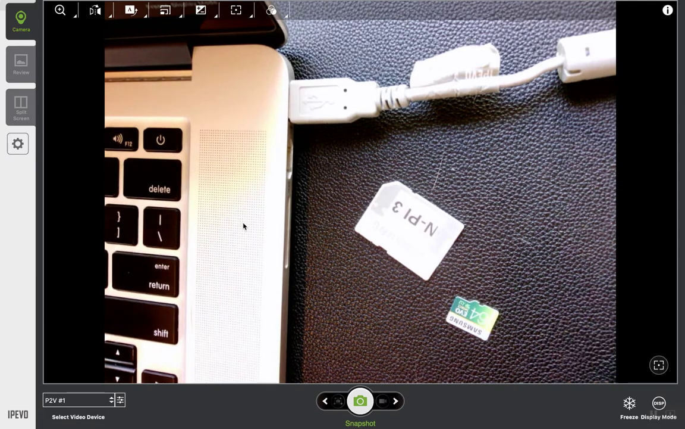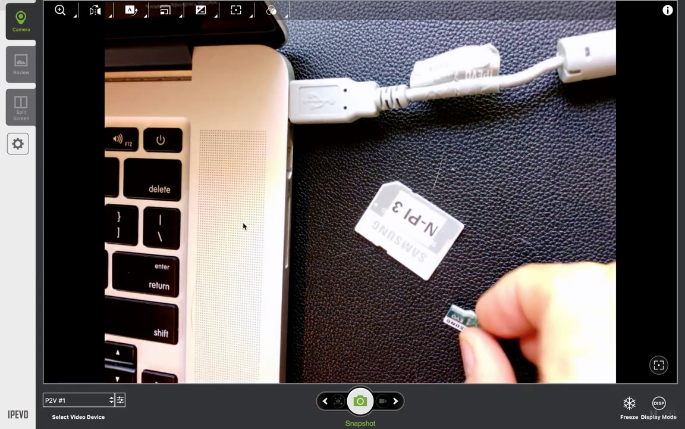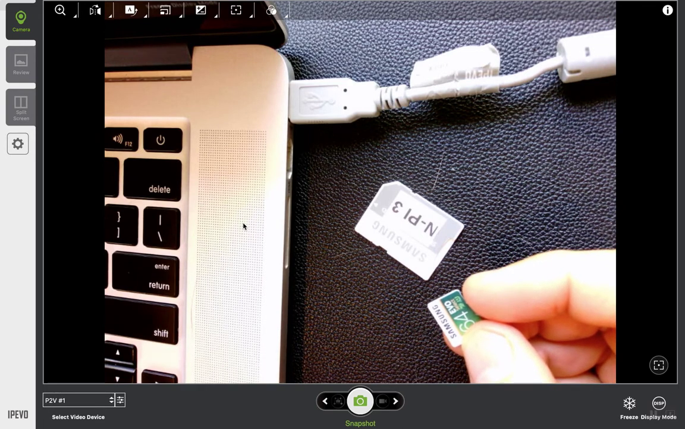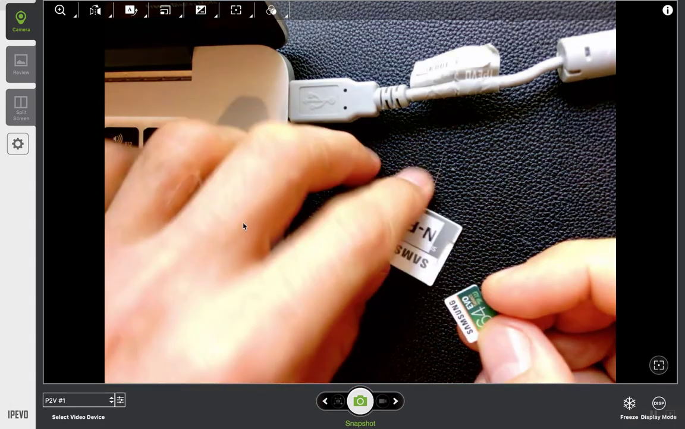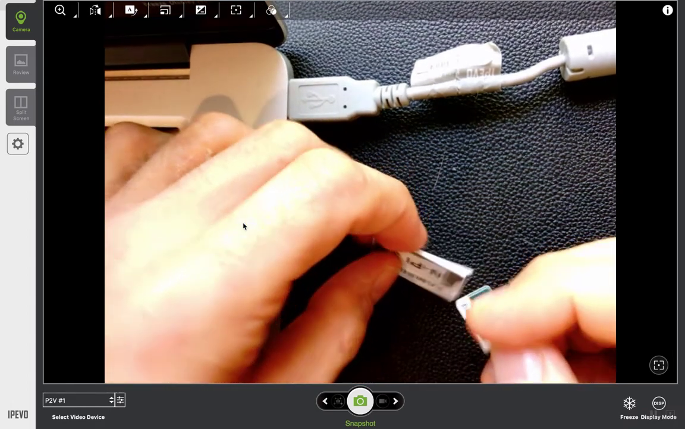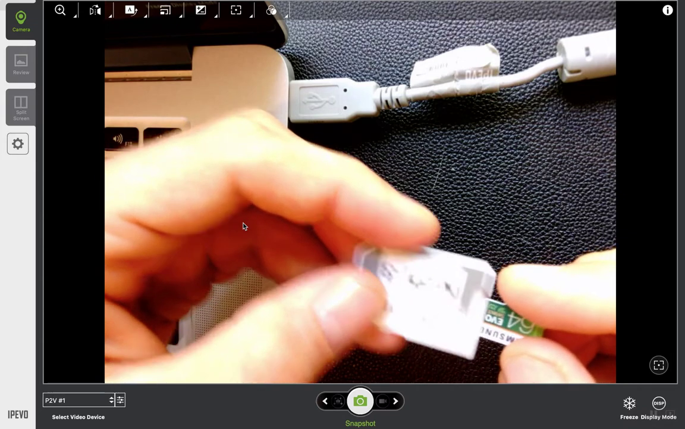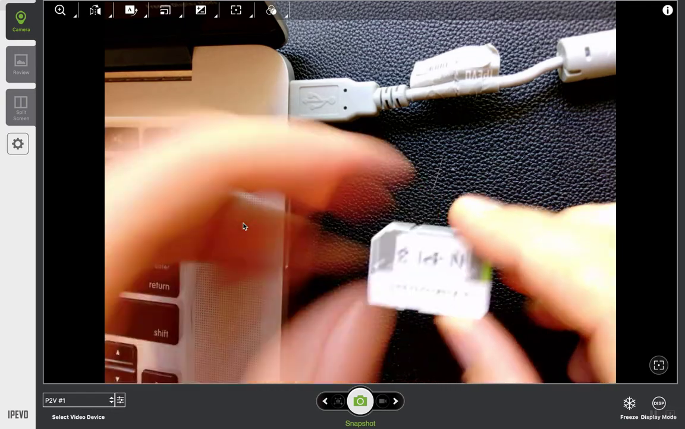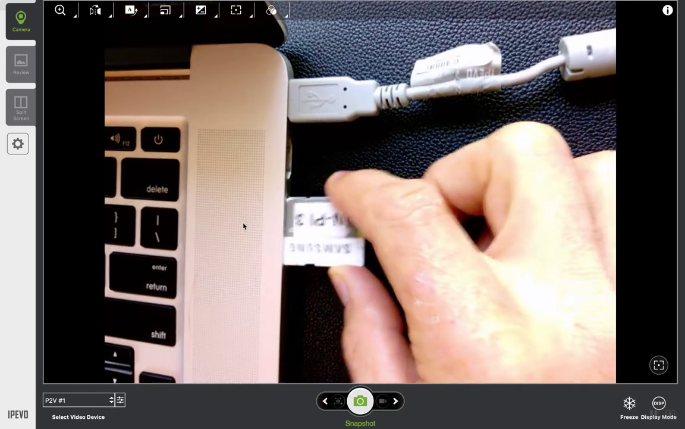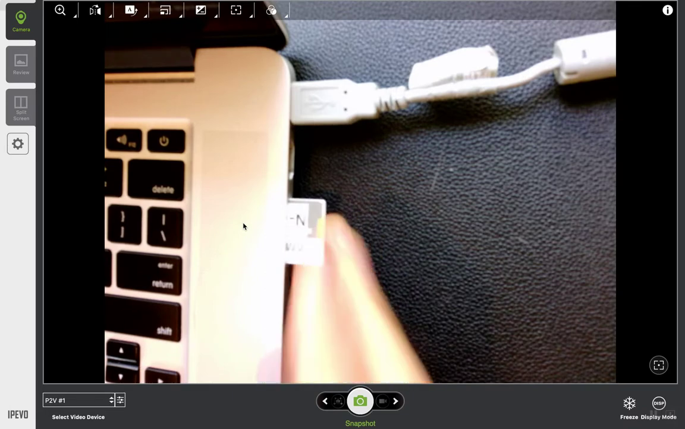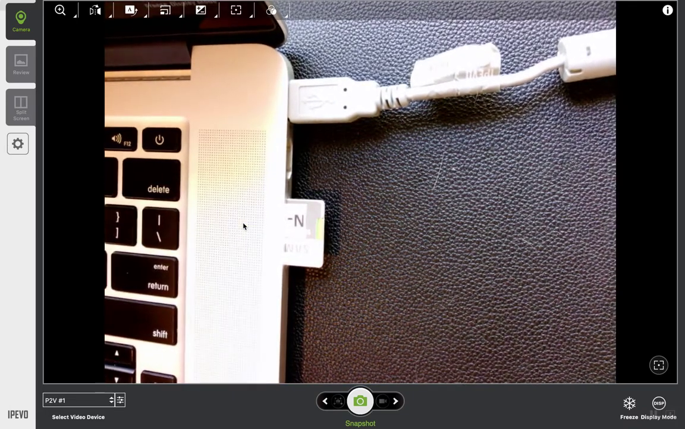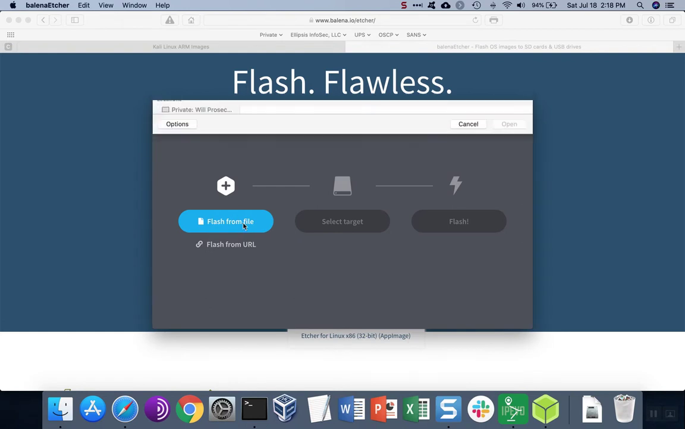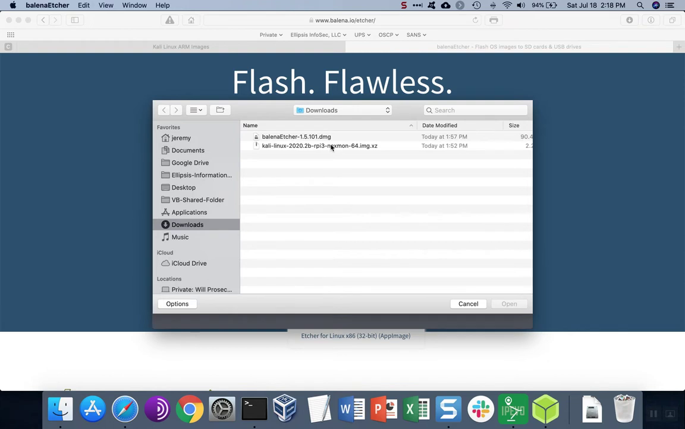Now, depending on your computer setup, you may not be able to plug the flash directly into your computer. For example, in my case, I have a full-size SD card. So what I'm going to do is I'm going to take the micro SD card and I'm going to put it into the full-size case, and that'll allow me to put it into the full-size SD card drive. Once I have it in the drive, I'm going to click Flash from File,